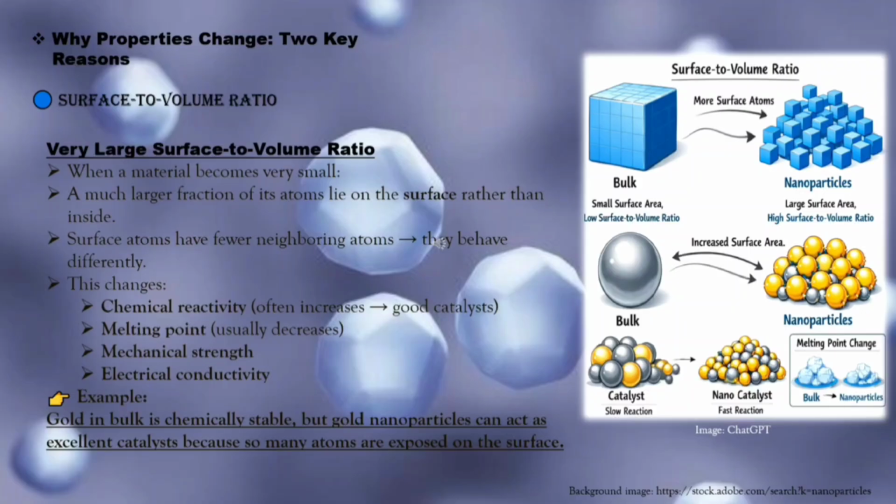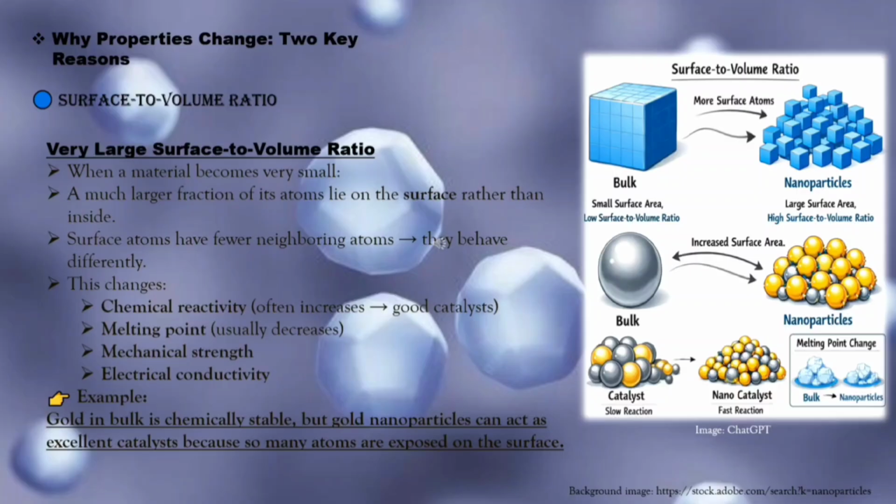Because surface atoms have fewer neighboring atoms, they are more chemically active and unstable compared to atoms inside the bulk. This is why nanoparticles often show higher chemical reactivity, making them excellent catalysts. In the example of gold, bulk gold is chemically stable, but gold nanoparticles can act as very effective catalysts because so many atoms are